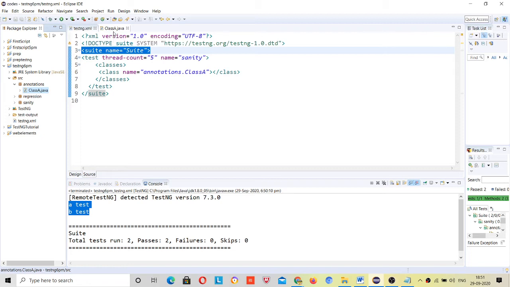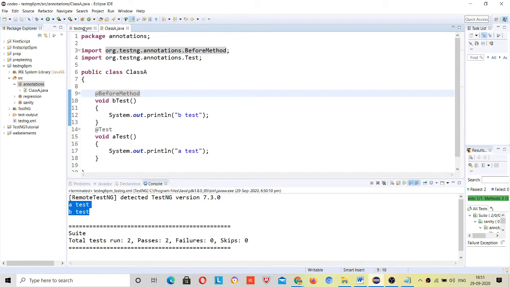Then it will check whether inside all these packages, in the notation, there is any @BeforeTest before starting my test. All three packages will be counted. Inside every package it will check any @BeforeTest, not here.